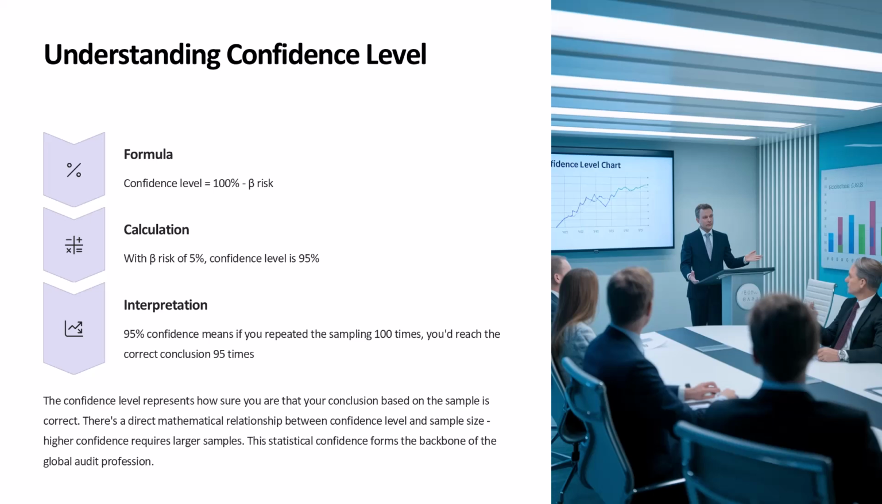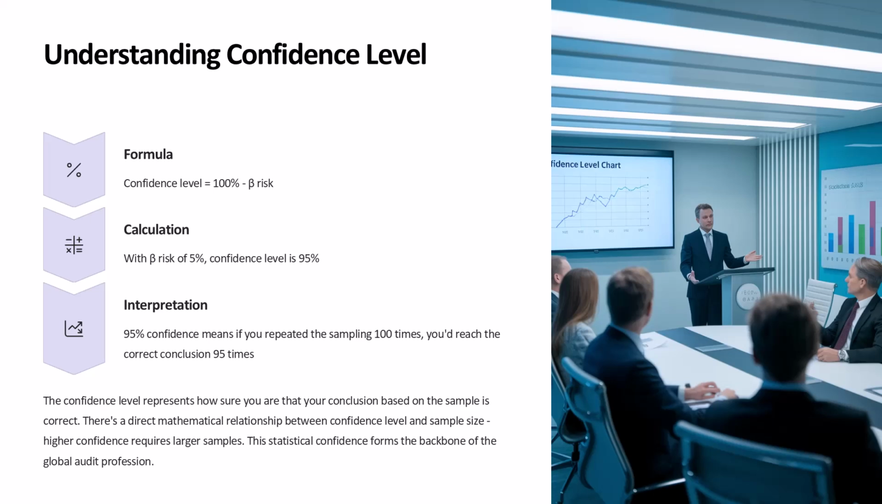It's a direct mathematical relationship that we'll explore more when we discuss sample size determination. Let me give you a real-world example. When Apple's auditors, Ernst & Young, test their $394 billion in assets, they're using these exact formulas. They might test only 200 items out of millions, but can still say with 95% confidence that the financial statements are free from material misstatement. That's power, people. This statistical confidence forms the backbone of the global audit profession and allows vast multinational corporations to